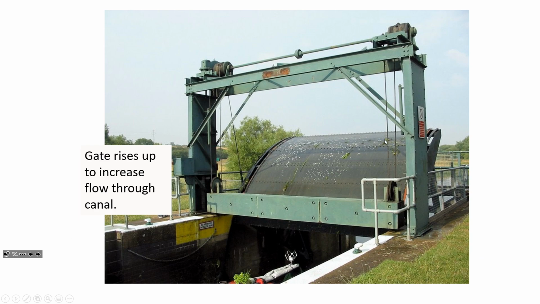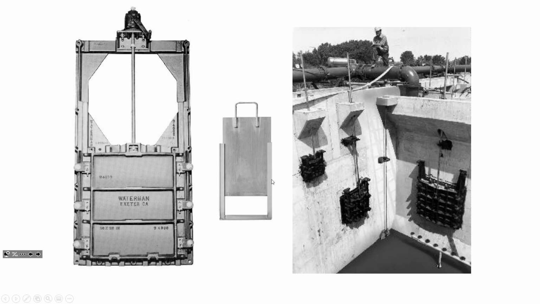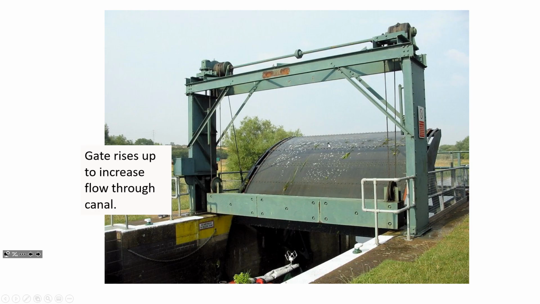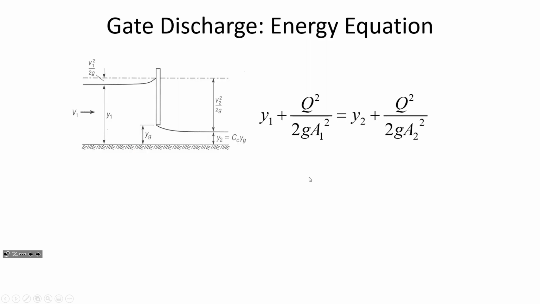There are radial gate designs that are intended to avoid the pressure of water pressing on a flat surface like this. If you have a relatively deep channel and the water is pushing the plate against the frame, then you'd not only be lifting up the weight of the metal, but you're also trying to overcome the effects of friction holding that gate into place. And so these radial gates have the advantage of overcoming that frictional effect,